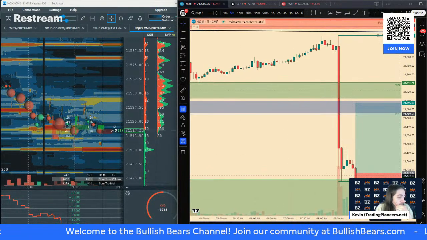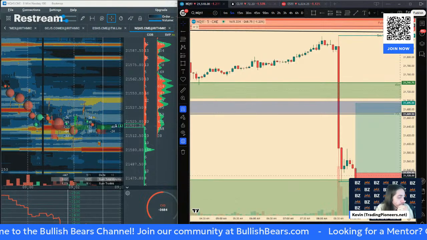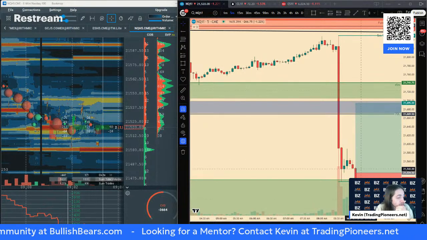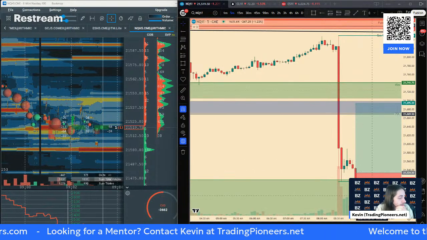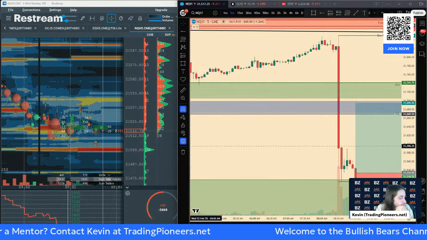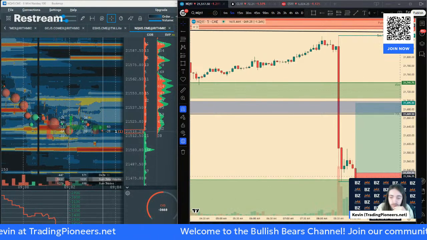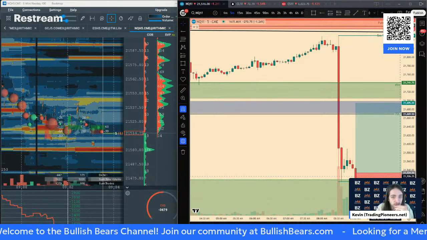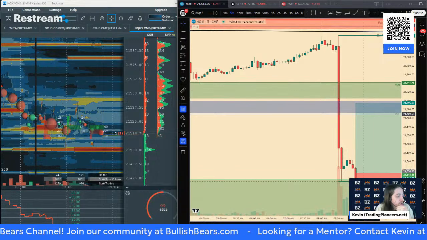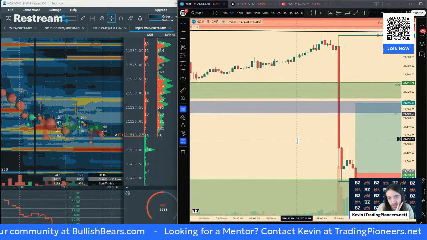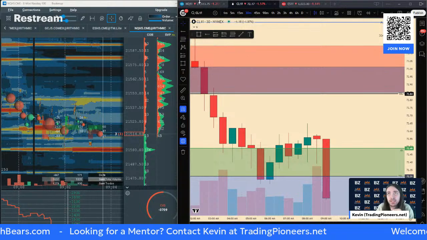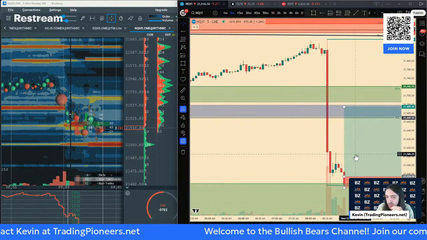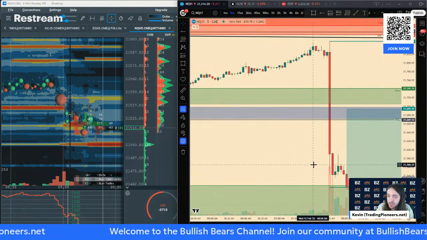I literally went just a handful of MNQ contracts, right? I went micro on that because I knew that the odds were a bit lower because we just had a news candle. I wanted to see 21,500 hold as support, but we might move lower. So I'm going to manually stop out of any longs I'm in right now. Call it a day there on NQ. Well, not really call it a day, but be patient for the next setup, right? We don't want to be jumping the gun again.